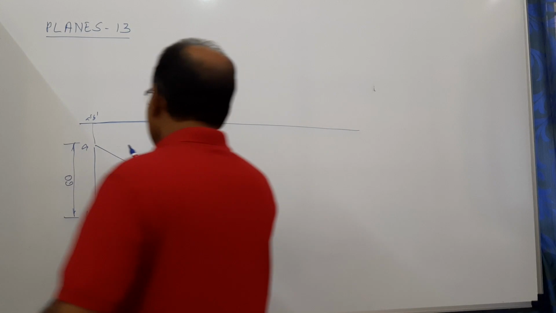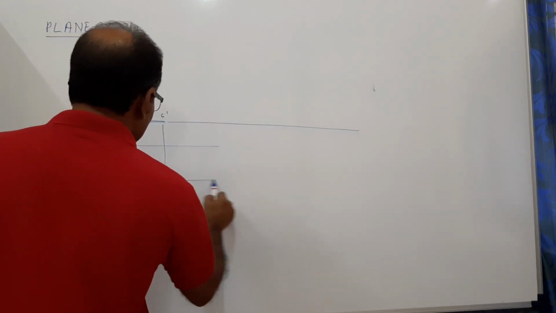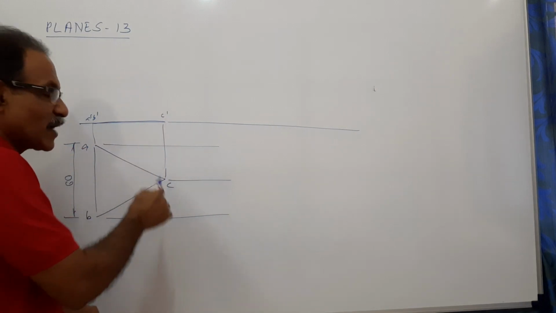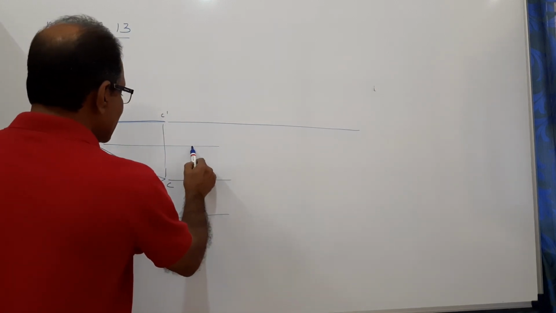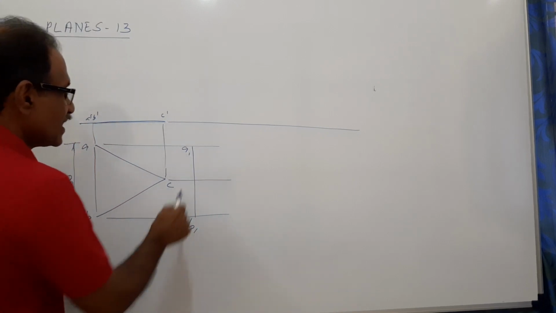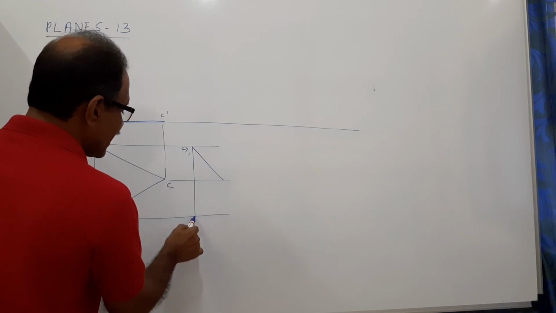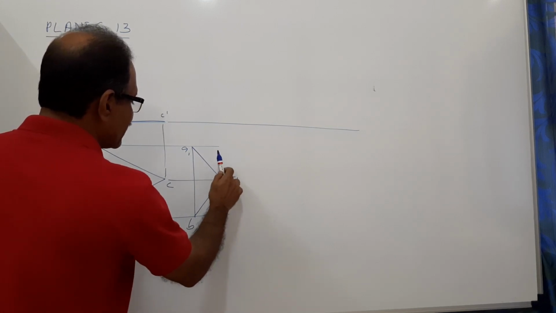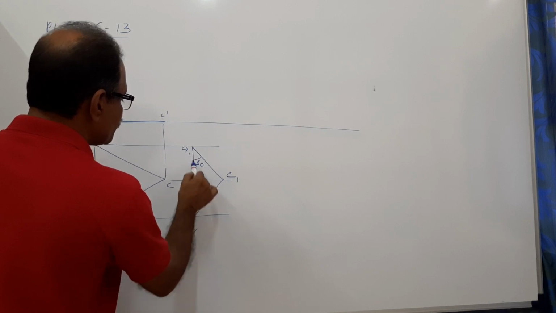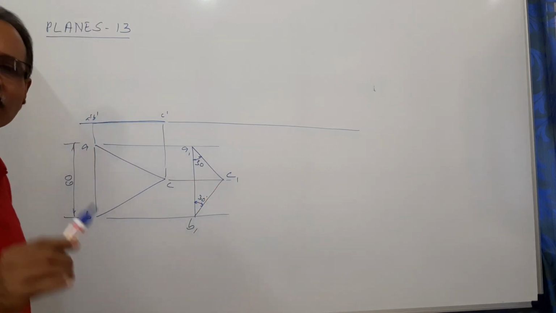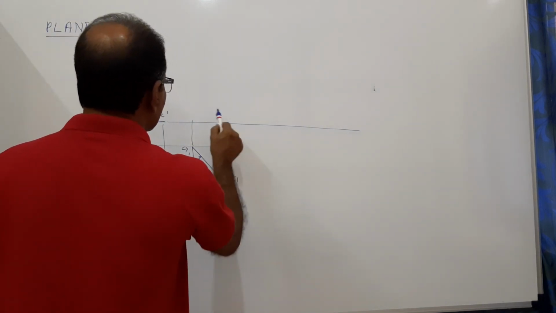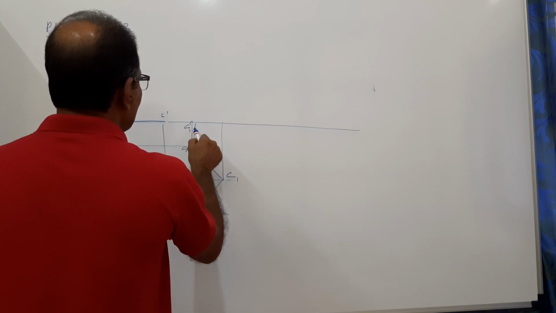So what you do is draw horizontal lines. You do not know how much you have to lift C, so you draw the plan first. Draw horizontal lines. Select A1, B1. Draw a 30 degree line, another 30 degree line, you get C1. This is 30, this is 30. I hope you understand. You are doing it in the reverse manner, that's all. Now, project the corresponding elevation. How do you do that? This is A1 dash, B1 dash.